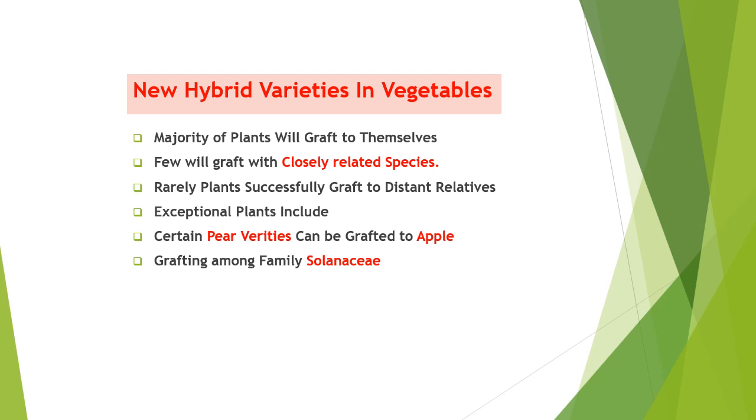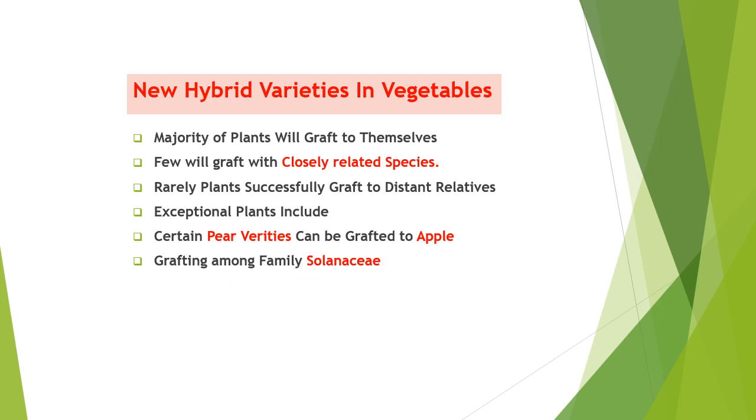So we will see the grafting done in the case of vegetables also, in agriculture also. The majority of plants will graft to themselves, a few will graft with closely related species. Plants rarely successfully graft to distant relatives. So there should be some relative which has a good relation. Certain exceptional plants include certain pear varieties that can be grafted to apple, but you will see grafting among